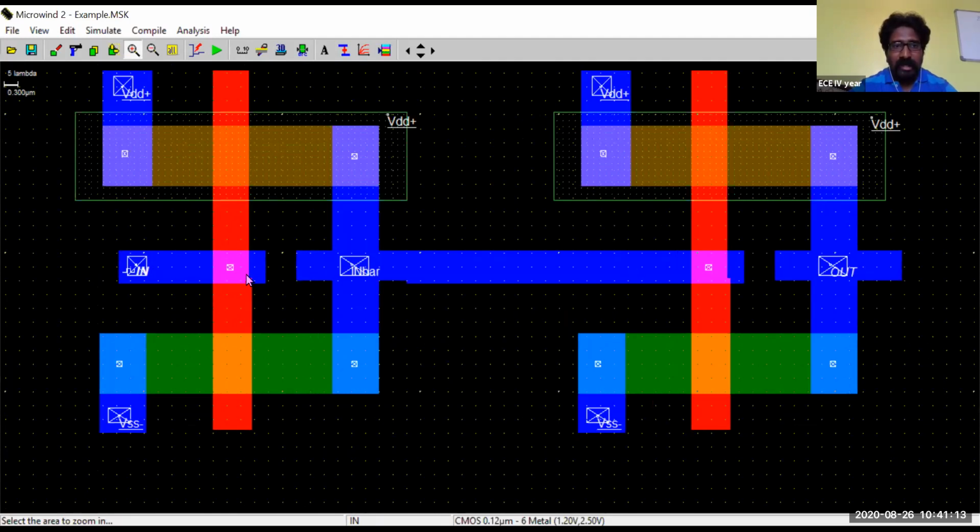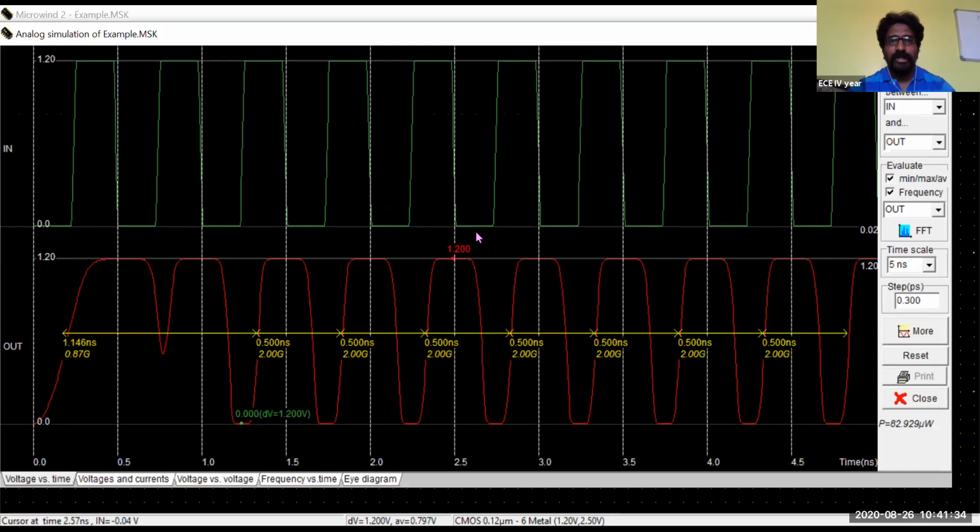That's why those kinds of errors have occurred in the output. Again, there is some kind of problem with this particular structure, and here also some problem with this structure. But otherwise we have got the same kind of outputs. So this is the delay between input and output.